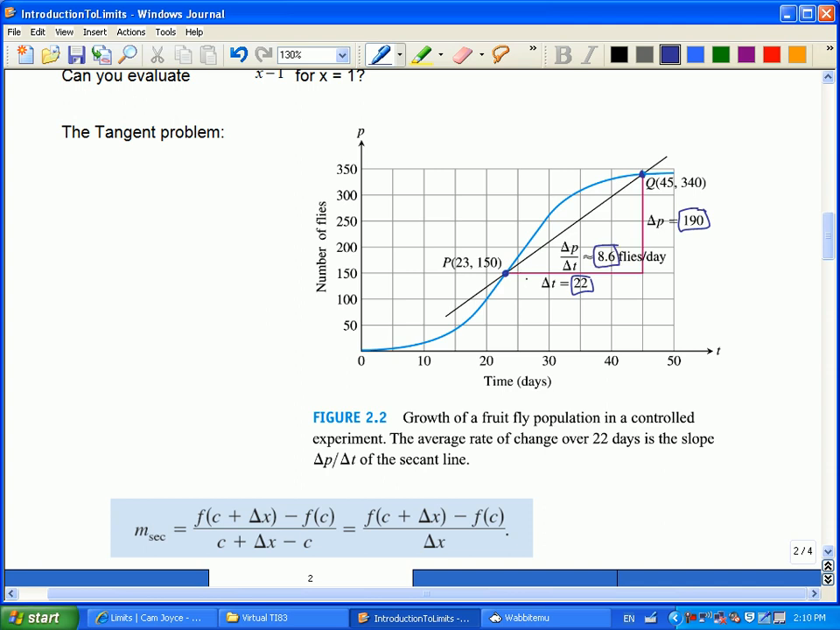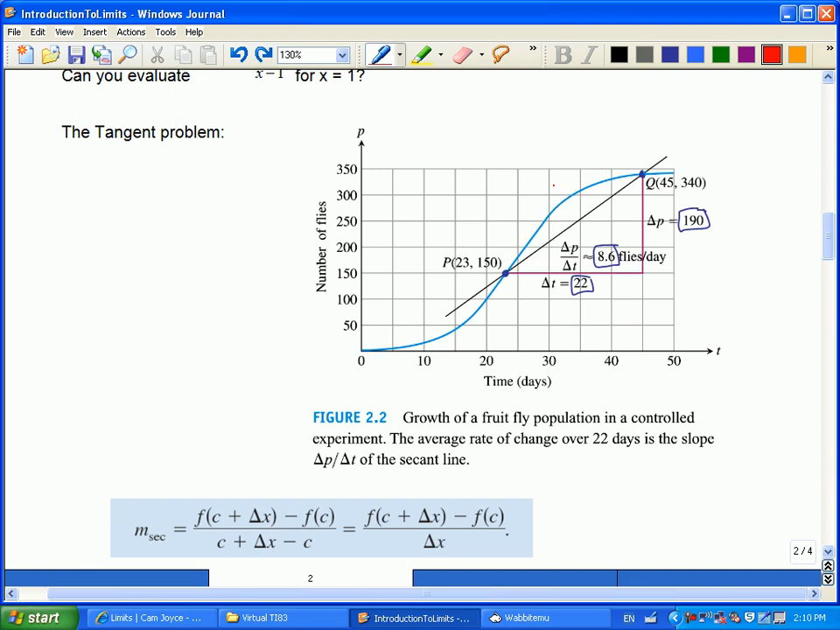But if you look at what's happening, there's a lot more fruit flies over here. You see, this slope is a lot steeper on this side than it is when I get to this side of the graph. See, that average is not very accurate except for maybe 1 or 2 places where I get close here to seeing that the slope is similar to 8.6. Now, how do you find a slope like this? If you were to go right there,